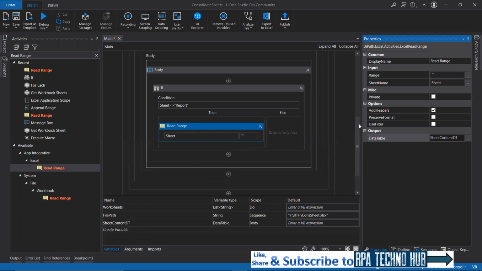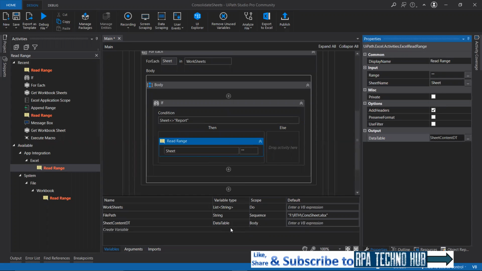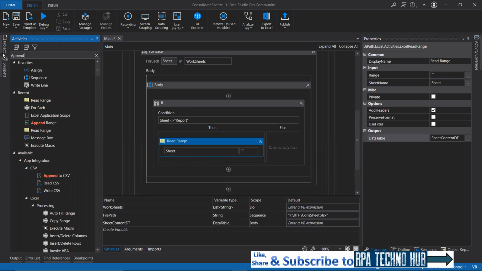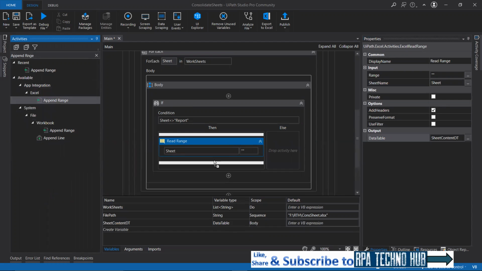And now what do we need to do? It'll iterate through each and every sheet except report, and it'll have the data inside the data table. Now, as and when we read the data, we need to append it to the sheet called report. So how can that be done? Just look for append range. That will again be present under App Integration and then Excel. Not this one, but you need to look for the App Integration one. Just drag and drop that